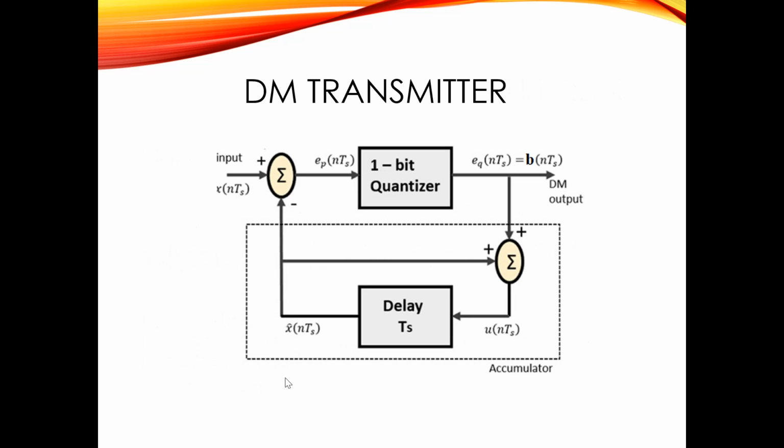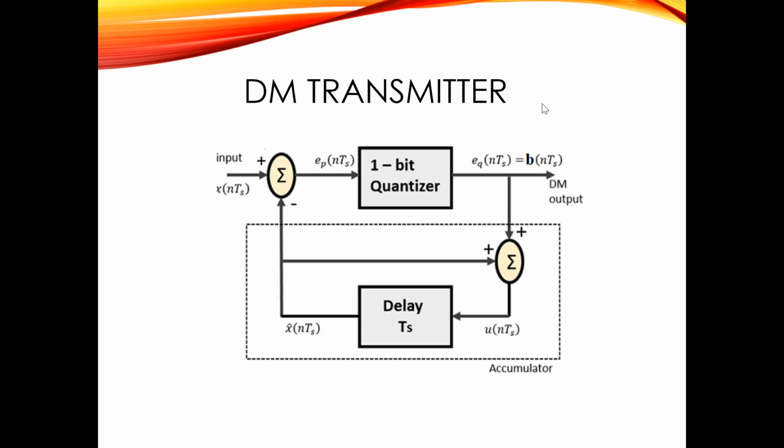Now, in this system, the input to the delay unit in the transmitter is basically U of nTs, which is U of nTs minus Ts plus B of nTs. And the E of nTs is the prediction error that represents the difference between the present sample x of nTs and its previous approximated value x dash of nTs. The binary quantity, that is B of nTs, at the output of the delta modulator transmitter is the algebraic sign of error E of nTs, except for the scaling factor delta.